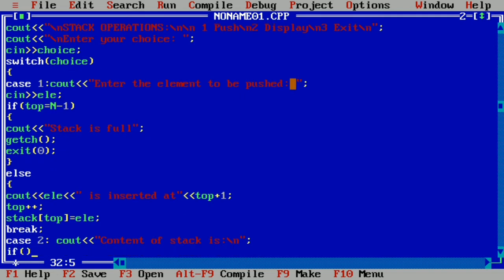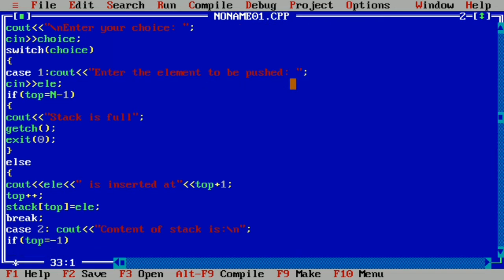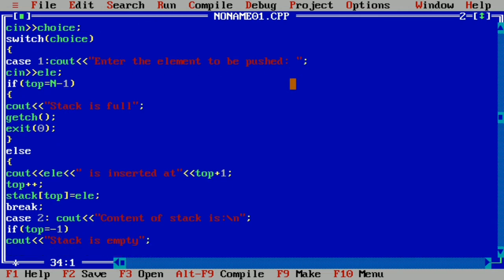So here we'll write if top is equal to -1, then it is empty, correct? Yes, here we will display the information such as stack is empty. Otherwise